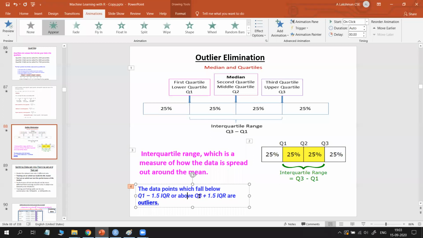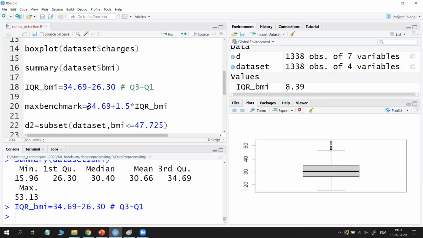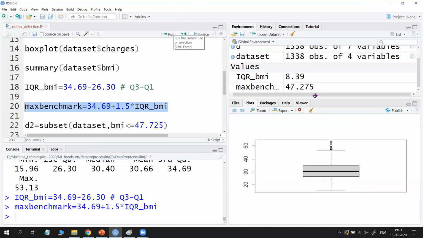What formula do we use? The same formula: Q3 plus 1.5 IQR. What is Q3? 34.69, see here, plus 1.5 into IQR, which I calculated above as IQR BMI. Run this line and we get the maximum benchmark value, which is 47.275.